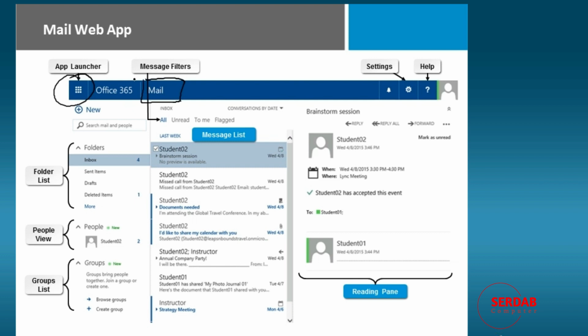So once you're in Mail, you're going to see that on the left-hand side, we have a folder list. Right now, we have inbox, sent items, drafts, and deleted items. Well, you're going to create folders for your own use. So right now,